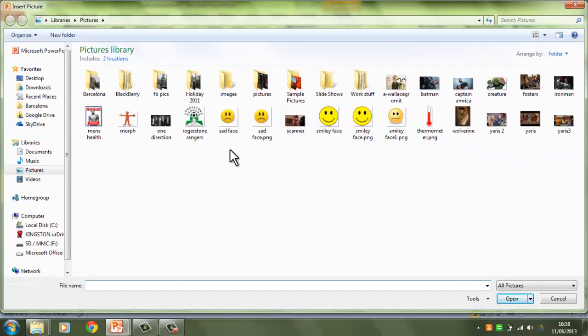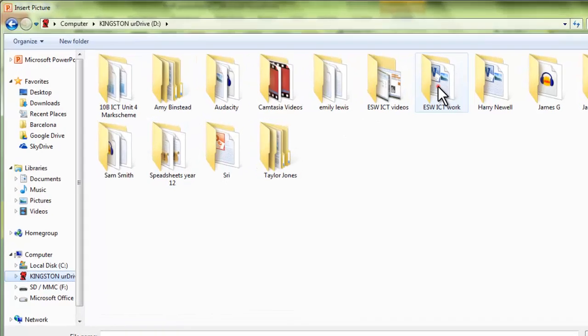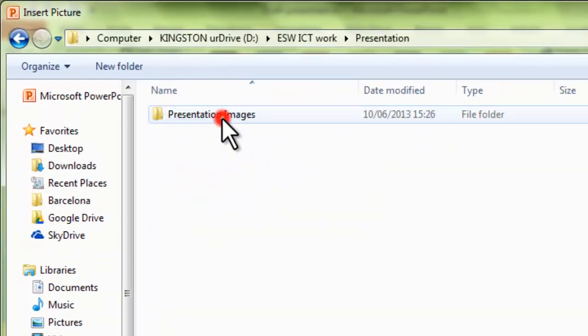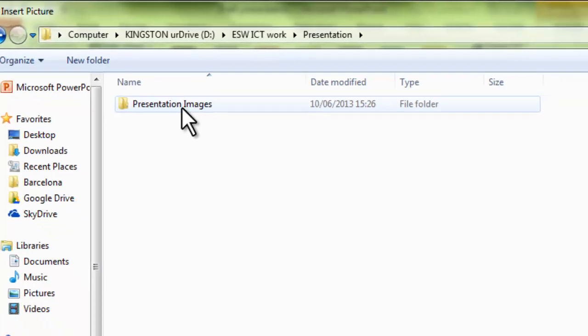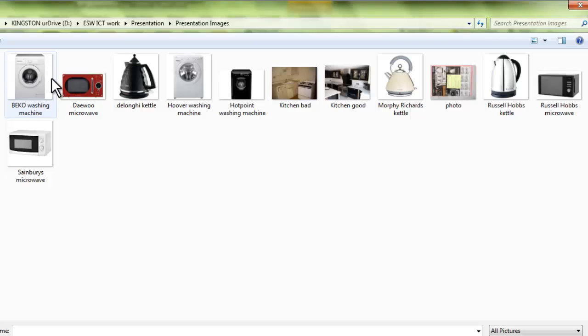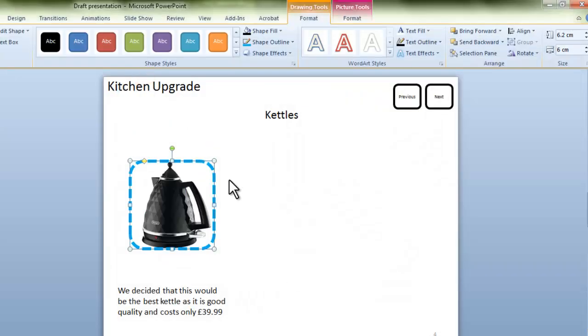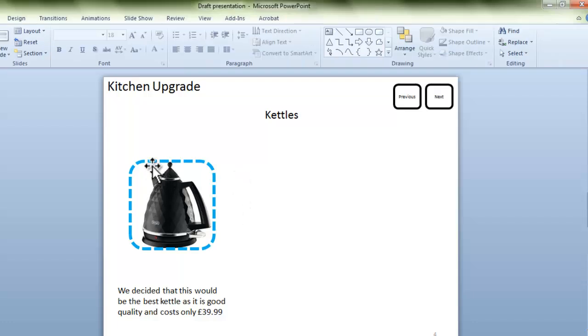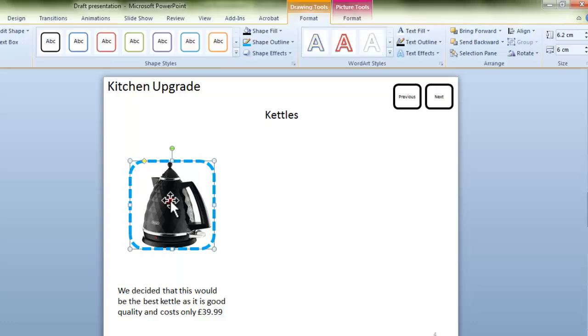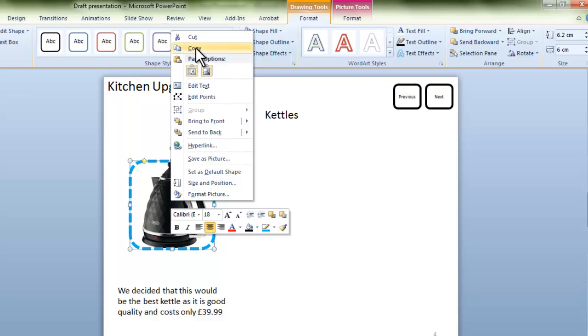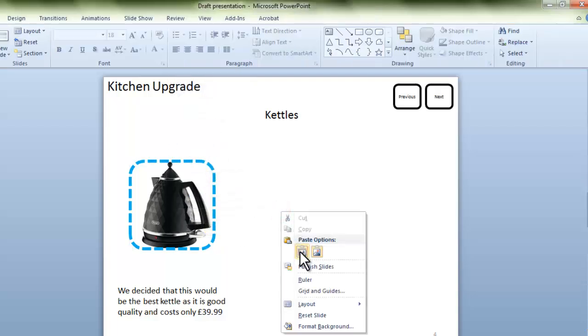What I'm going to do here is locate, in my Essential Skills work, in my presentation folder, a folder called Presentation Images where I saved the images. I'm going to select one of the kettles. And there it is, it's put it inside that shape nicely for me. But it's the next stage that's going to show you how beneficial this is. If I copy that, so right click copy, right click paste,